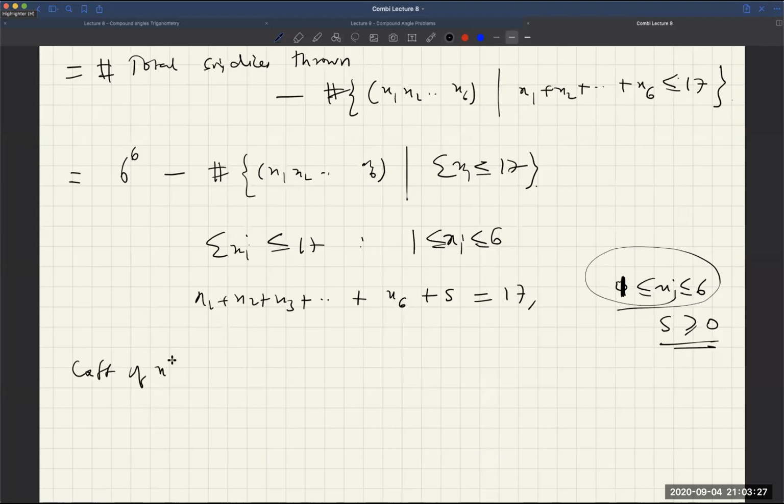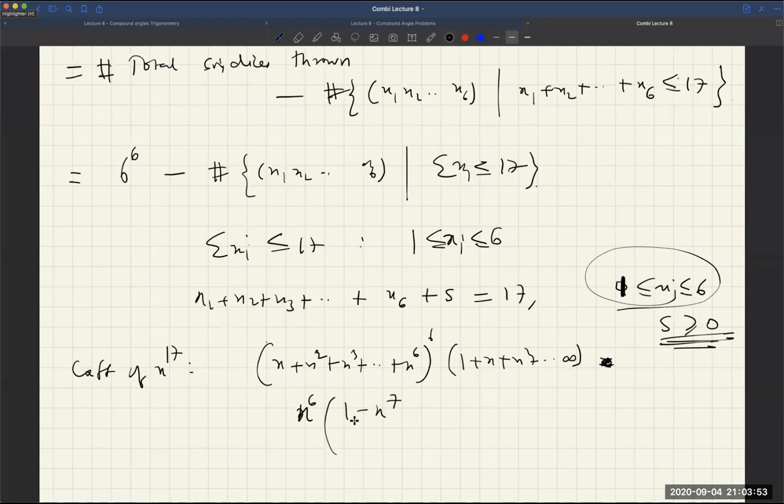Coefficient of x raised to 17 in the expansion of x plus x square plus x cube and so on till x raised to 6, and there are 6 dice, into 1 plus x square and so on. This is an infinite series because s is greater than equal to 0, and this is the coefficient of this expansion. So I'll get x raised to 6